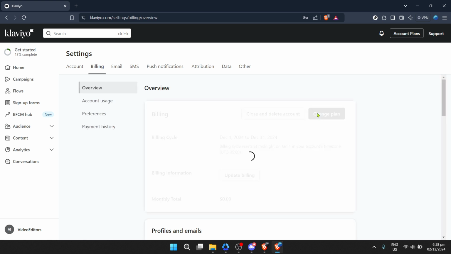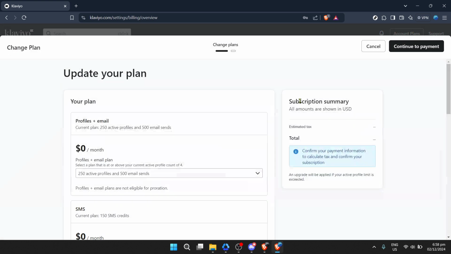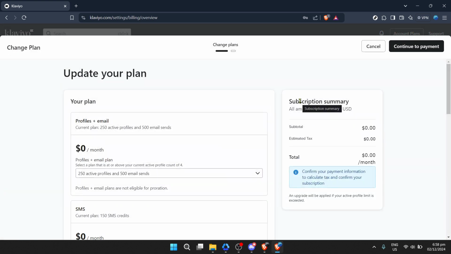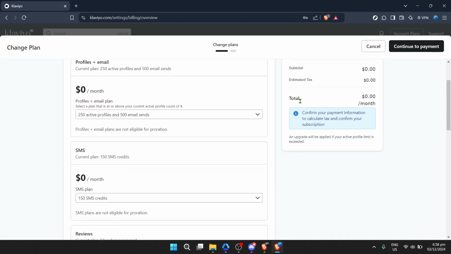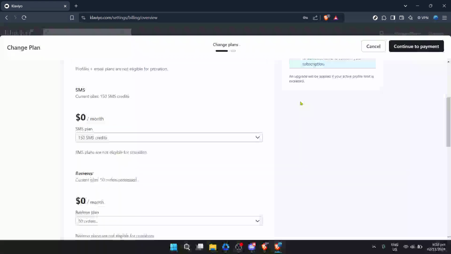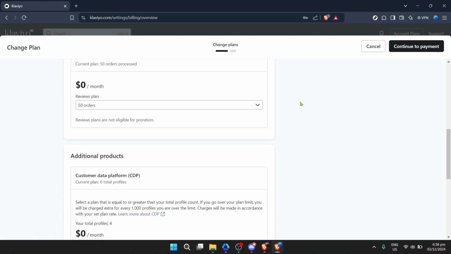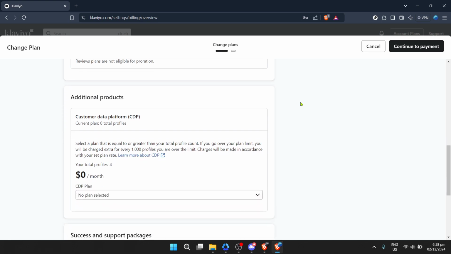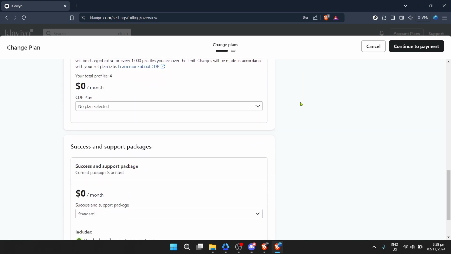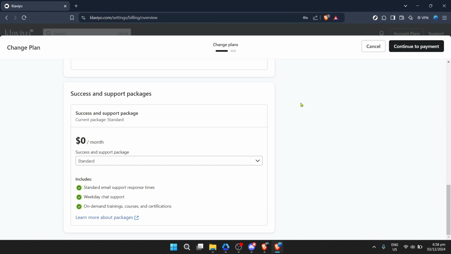This is where you can view different plans that Klaviyo offers, allowing you to select one that better fits your current requirements. Take your time here to review the features and limitations of each plan. Klaviyo provides a variety of options to ensure businesses of all sizes can find a suitable package. Keep in mind, downgrading might affect some of the features you currently enjoy, so weigh the pros and cons before